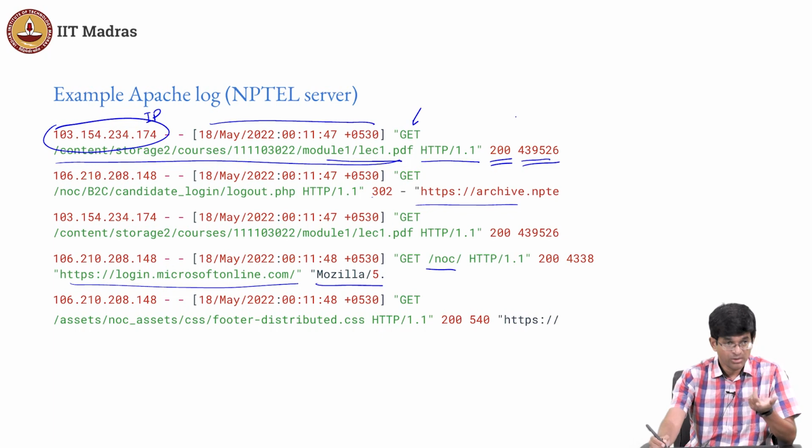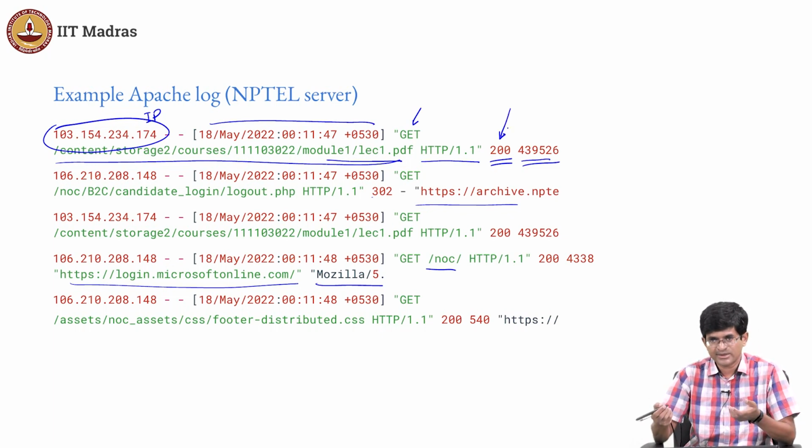One thing I should probably really pay attention to is, am I seeing a lot of errors? In other words, a 200 status code is fine, 404 is probably not good, 500 is definitely bad news, because 500 means the server had an error. 404 means that the file was not found. Why did that happen? Why are people requesting files that don't exist? So at least as the person managing the website, I need to pay attention to this.